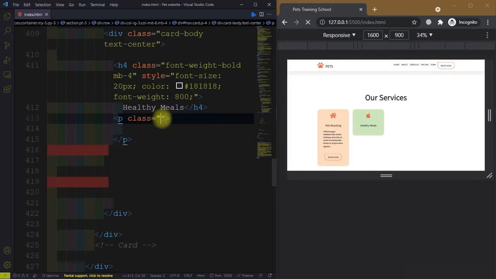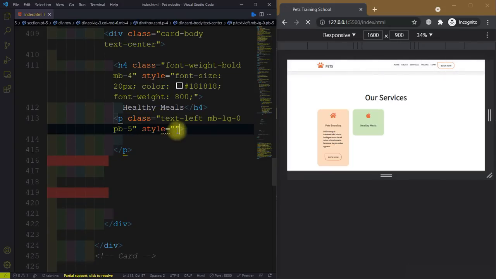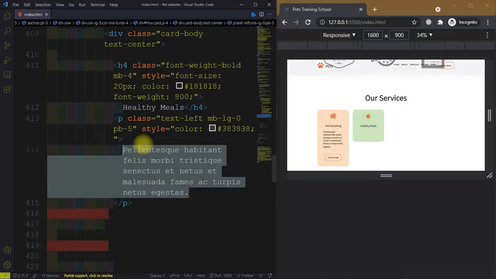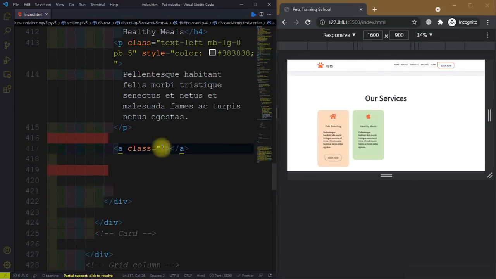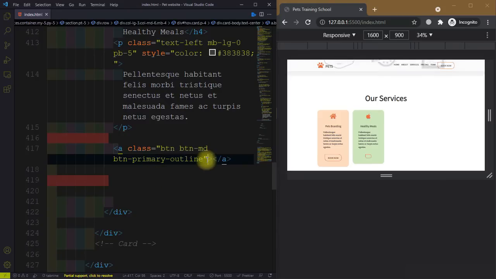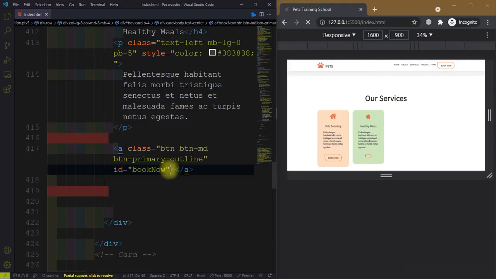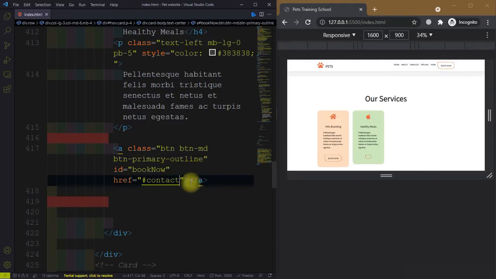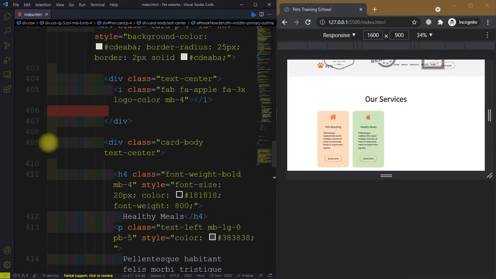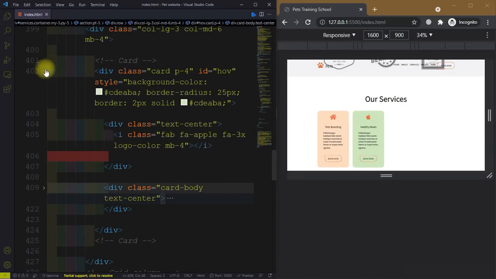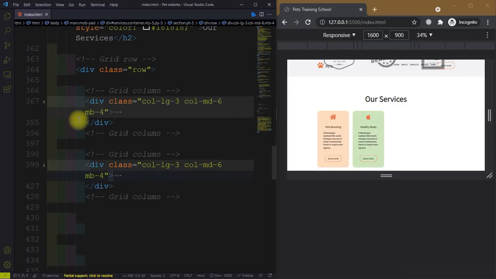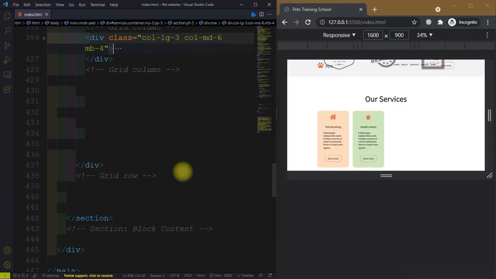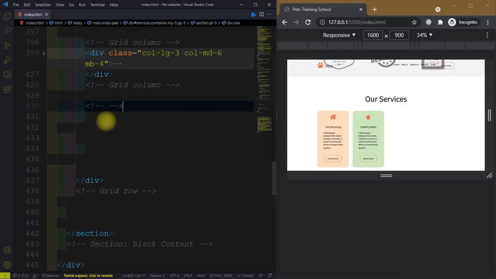After the heading we will get a paragraph, give it a color and some dummy text, and this is the anchor tag. So id is equal to book now and href #contact and Book Now. So two cards are done now. So this is card body and this is card, and this is inside the 3-column div. So first, second, now for the third one, create column,